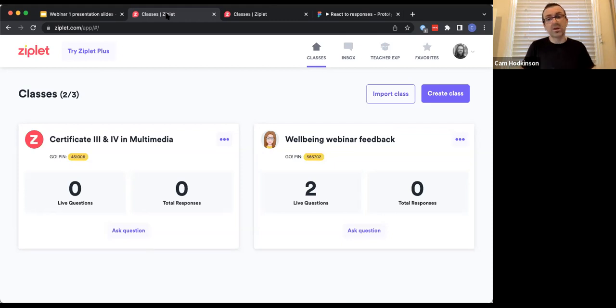So to start, what I thought it would be worth doing is setting up an initial question in my Ziplet class and getting some responses to that and sort of showing you how you can scale that to get a sense of how your students might be tracking, not just once, but over a period of time.